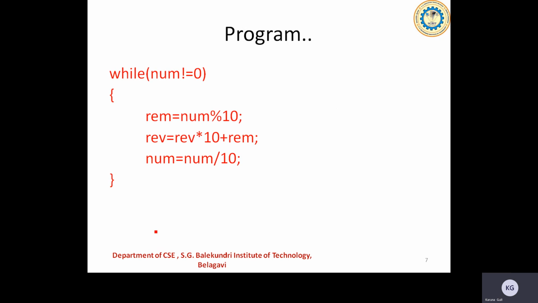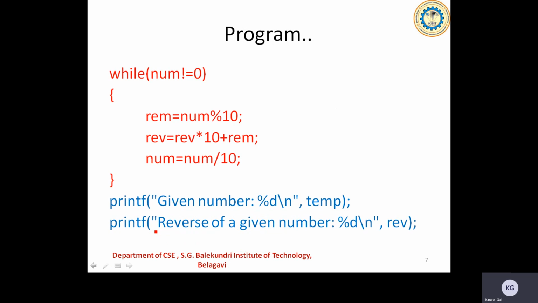Next, while number is not equal to 0, I'll proceed with this. I'll be calculating the quotient and the remainder part there, that is the units place data there. Then I'll be trying to shift that towards the left side using reverse is equal to reverse into 10 plus remainder there. Then number is equal to num divided by 10 to get the upper part of the given data there. I'll be continuing that till I get the number value equal to 0. Once the number value is equal to 0, I'm coming out of the loop there. So reverse is holding the reverse of the given number there. Then I'll just print that.